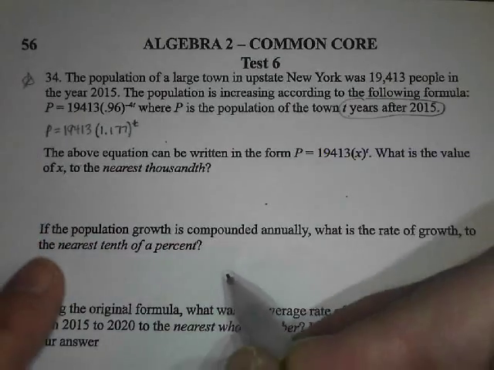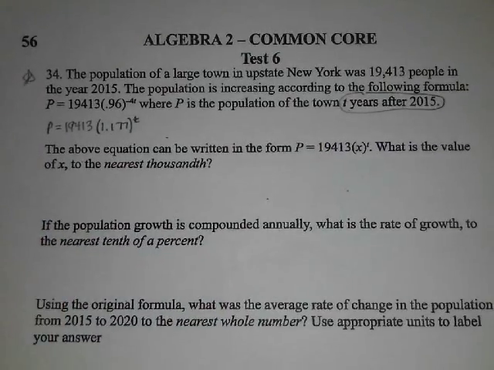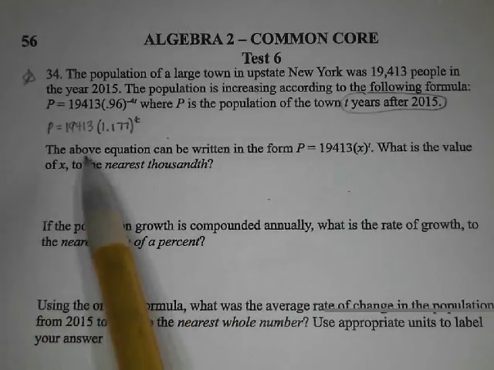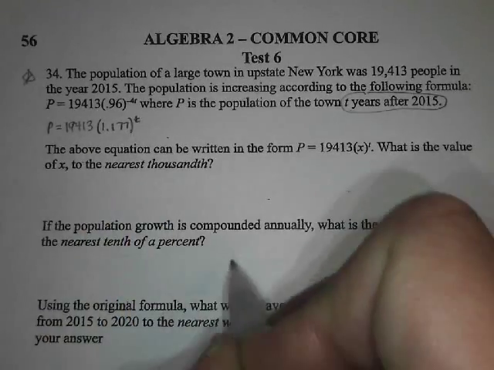If the population growth is compounded annually, what is the rate of growth to the nearest tenth of a percent? Compounded annually is already kind of what we have going on here. So the nearest tenth of a percent is 17.7%